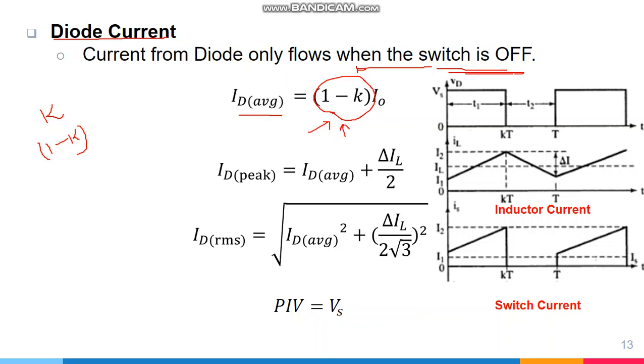So 1 minus k into I naught. From this I will get the ID average. Now for the ID peak value, it is similar to what we calculated for the switch. The current waveform from the diode will be something like